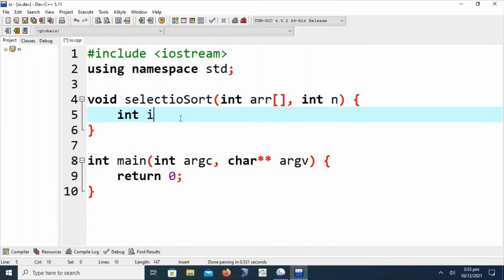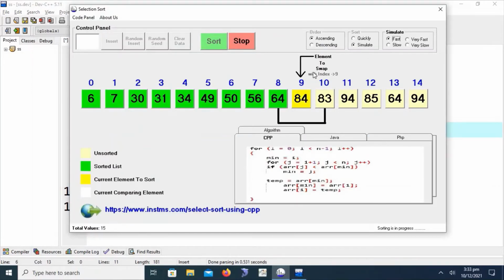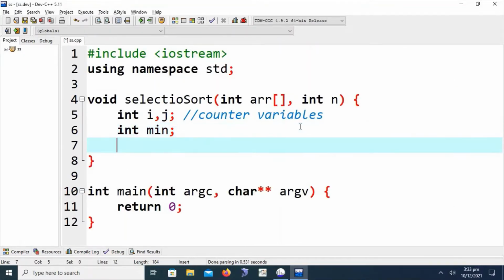In the selection sort method, I am going to introduce two variables named i and j. These variables are also called counter variables, and in the next line I am declaring a variable called min. What is the min variable? This min variable is basically used to contain the address or index of the element that is to be swapped in the list. Okay, after this I am writing down the simple for loop, that is i is equal to 0,